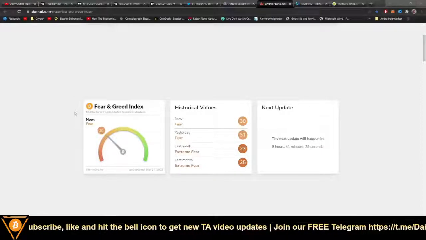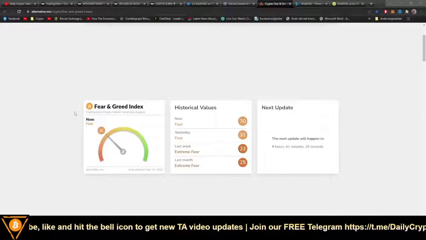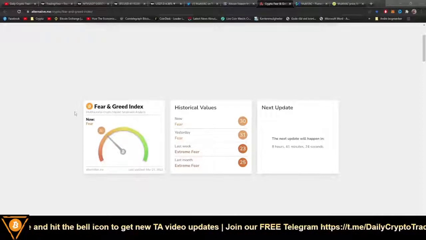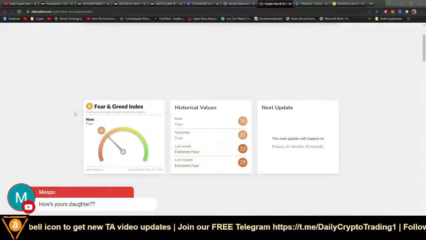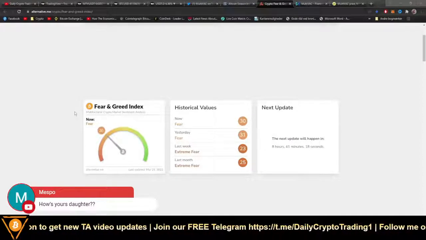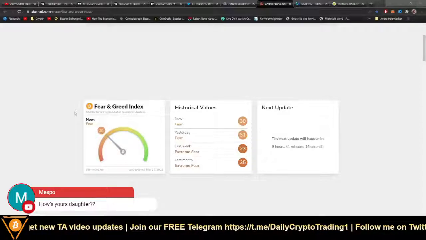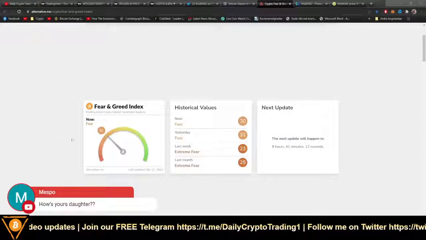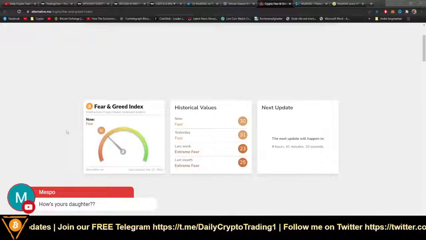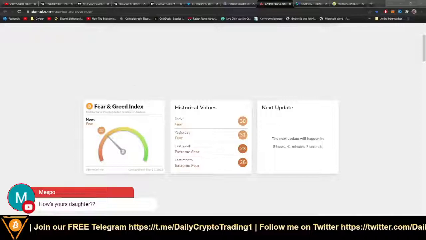This is also, in my opinion, the best way to buy, because if you have risk management and you use DCA, dollar cost average, you can probably create a great amount of profit with a great project when we are getting greedy and getting these green candlesticks, right? When everything is overheated yet again. So fear is where you buy and greed is where you sell. And at the moment we are in fear.